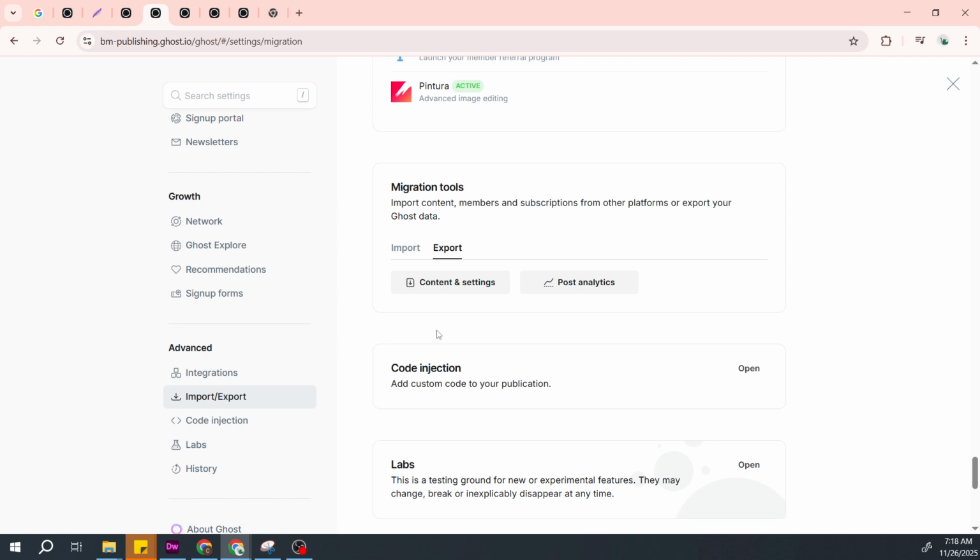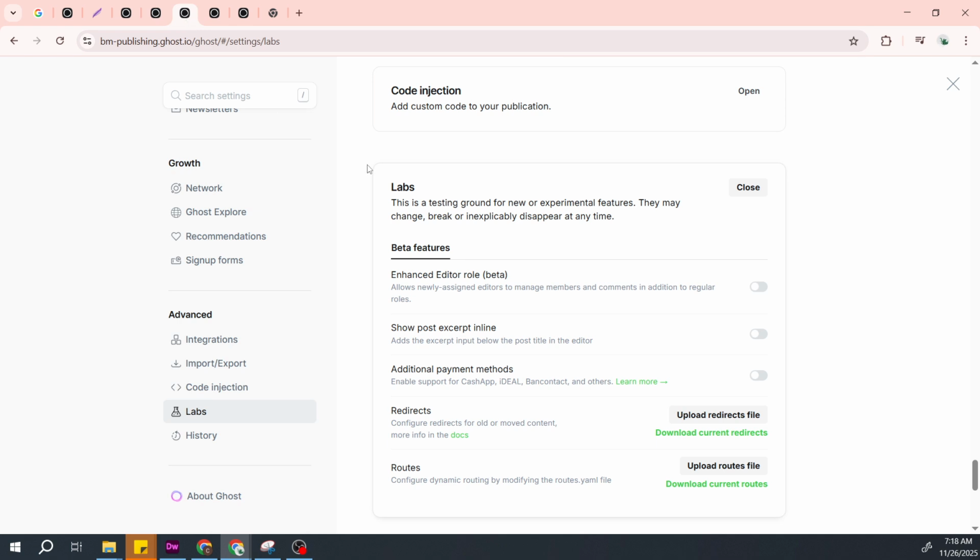Next, still in Settings, go to Advanced again and open Labs. Scroll to the Redirects section. Redirects help preserve SEO and user experience when URLs change, so it's important to back them up. Click Download current redirects to save the redirects YAML file. If your site uses custom routes, look for the routes area and click Download current routes to get the routes